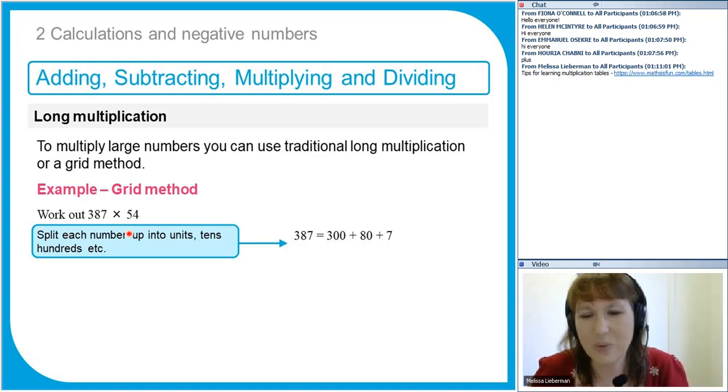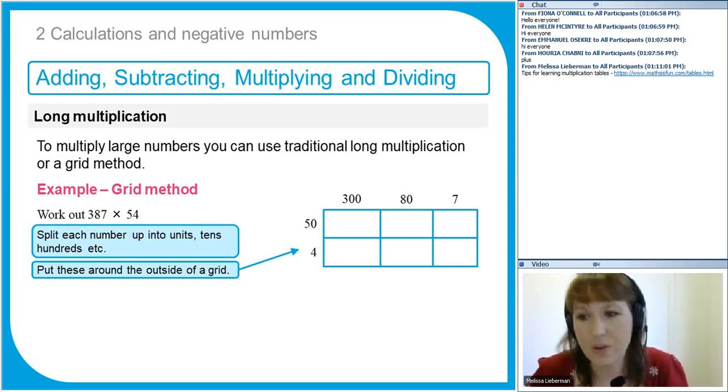How about this number? How can we split that up into tens and units? Well, this number, the 5, is 50, and the 4 is 4. So this is 54. And then what we're going to do is put these numbers around a grid, and we're going to multiply each of them by the other. So we've got 387